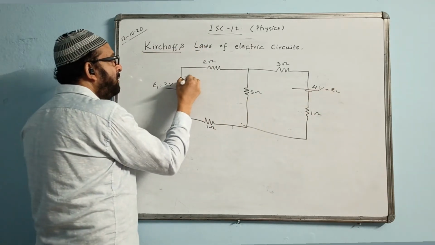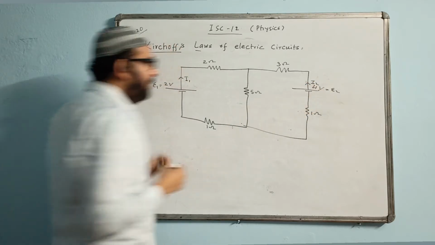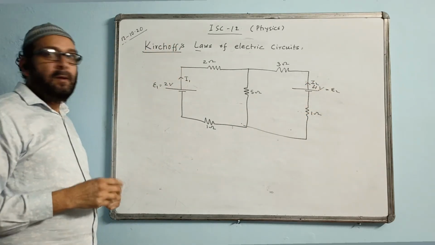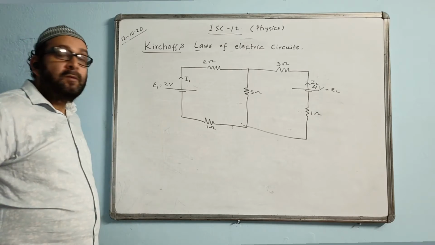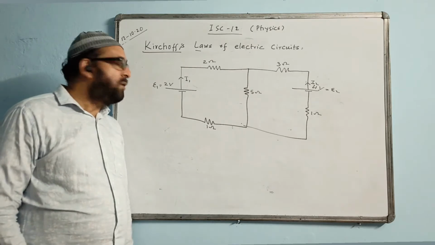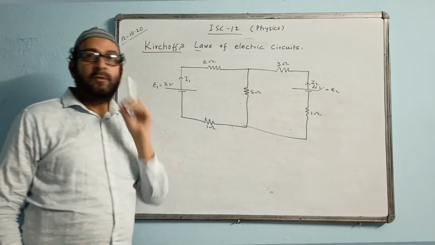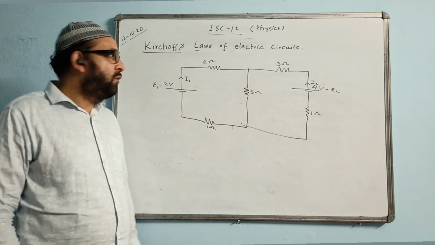And the current shown out here is I1. Out here the current is I2. Okay, that is the question. This question is also quite important. This question has come in exams quite many times. The question is asking you to find the currents I1 and I2, the magnitude.